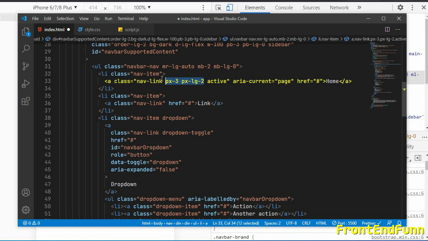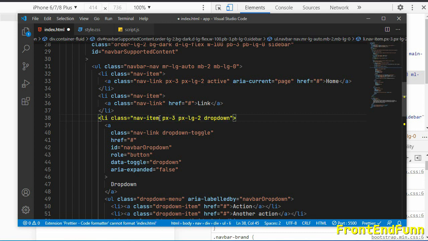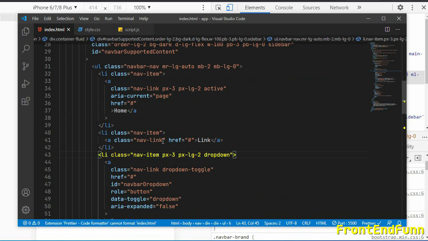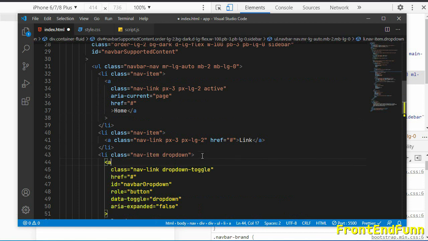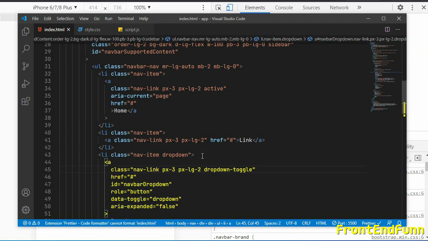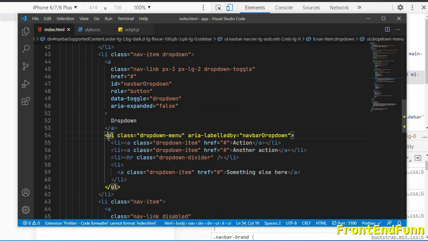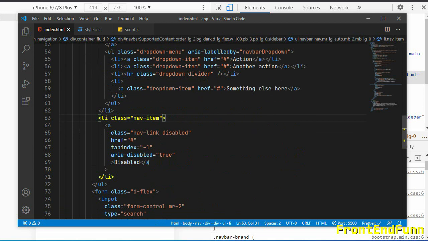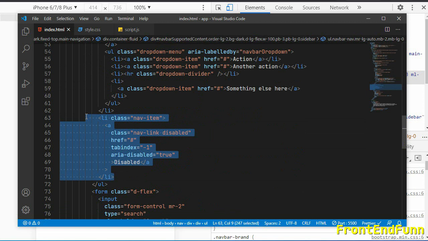Okay, so I'll just copy these things. I'll just get rid of this navbar dropdown, nav item link. Okay, nav item should be... okay, so this is a disabled link. I'll just get rid of this disabled one.